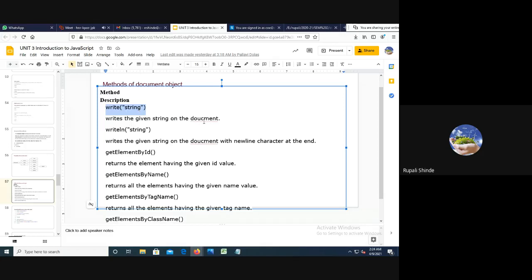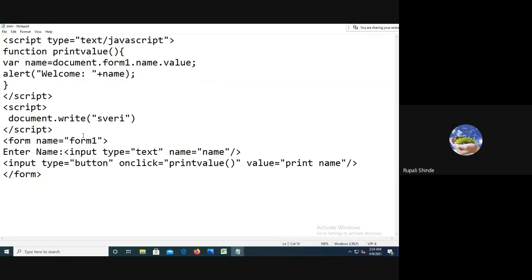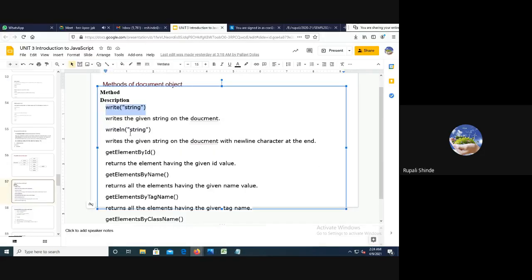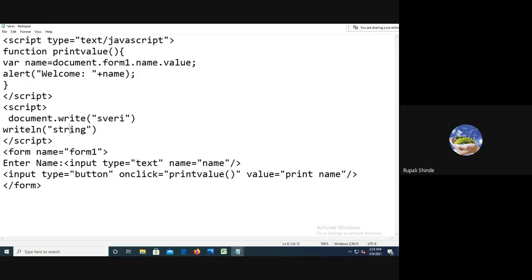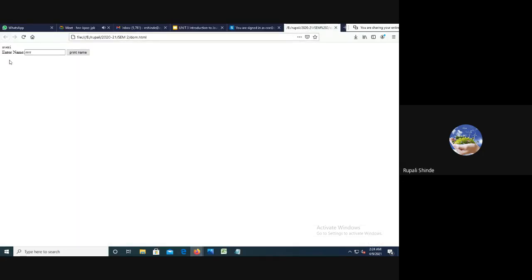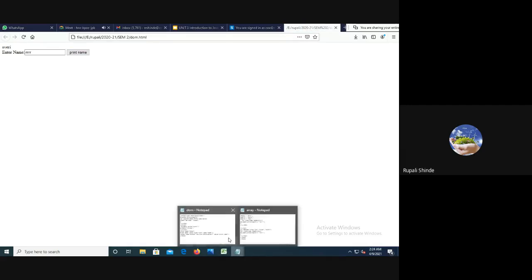It writes the given string on the document. The next, what is the next method? It is not going to display, so you have to specify here document dot.